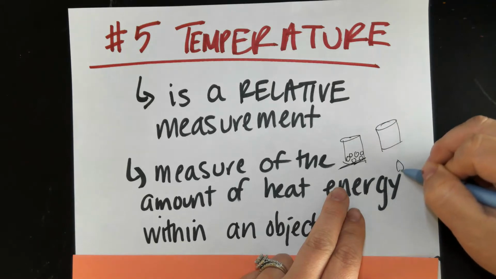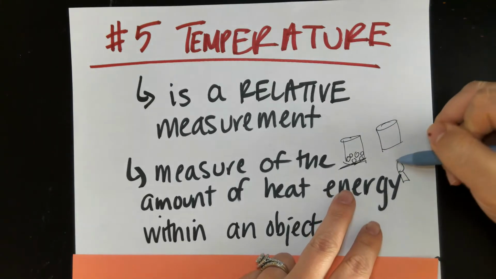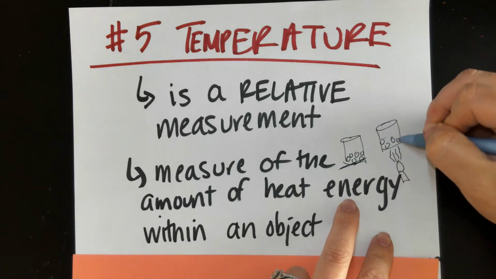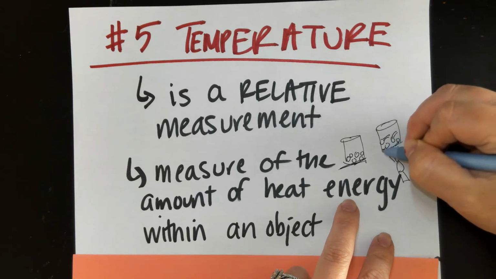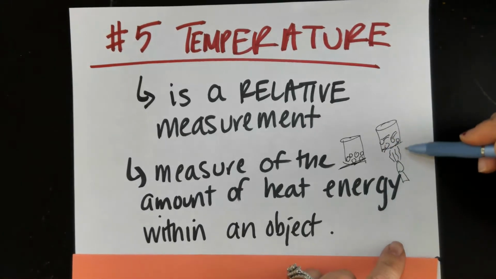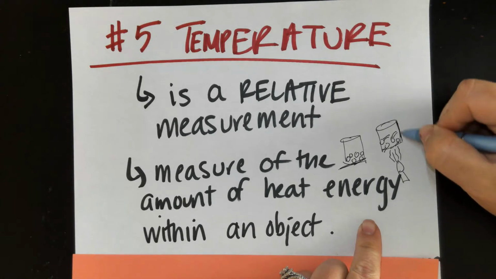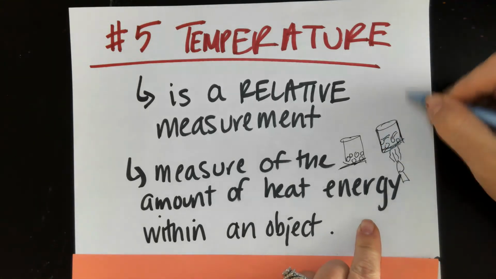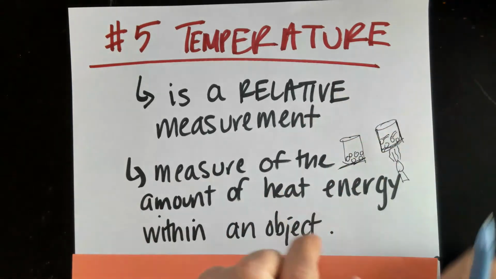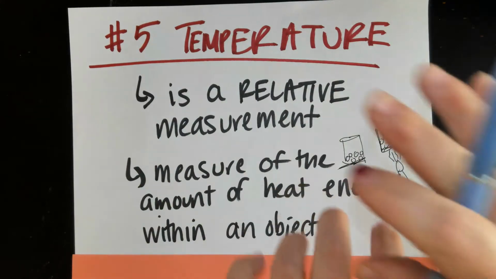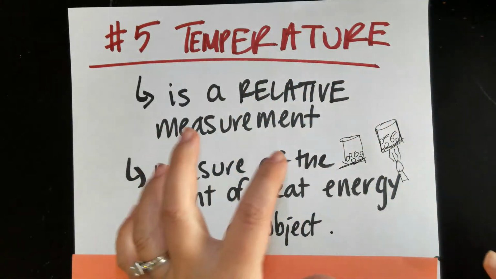When we added the flame from the Bunsen burner, we're increasing the amount of heat energy within this substance, and these water molecules start moving like a crazy person on their way to get a new pair of Jordans. They're trying to beat the line to get the brand new pair of Jordans that dropped today. Okay, does that make sense? They're moving fast. They're still moving past each other, but we go from being unheated, just at room temperature, where the particles are moving really gently,